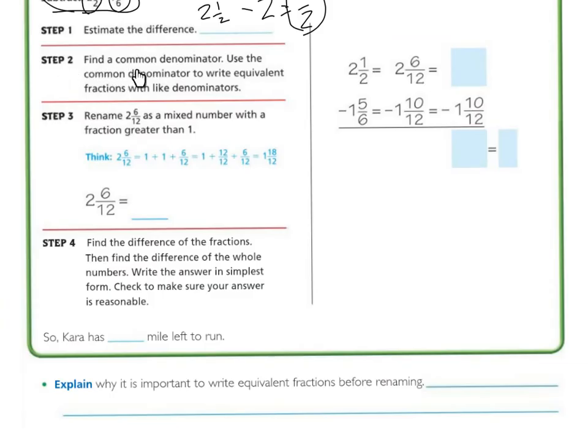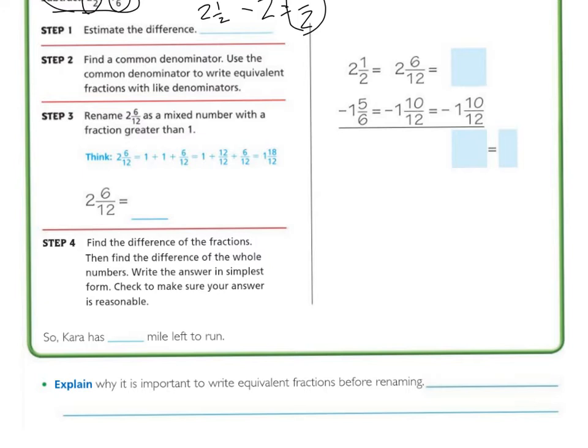All right, step 2. We're going to find a common denominator. We need to use common denominators to write an equivalent fraction with like denominators. So if I'm looking at 2 1/2 and I'm looking at 1 5/6, 6 and 2, a number that 6 and 2 both have in common is 12. So you can see right here where they already renamed it. I kept my 2 wholes and I kept my 1 whole, but I did rename the bottom. So if you're going to rename 2 1/2 into 2 6/12, what they did,